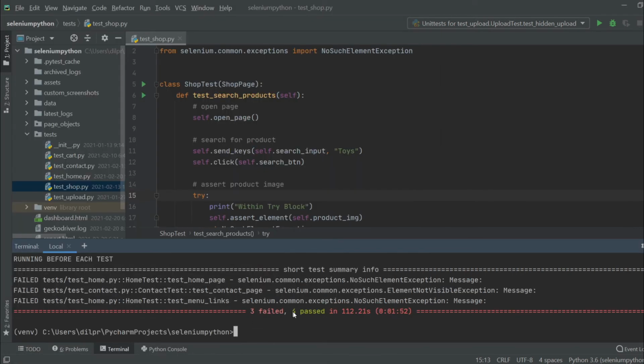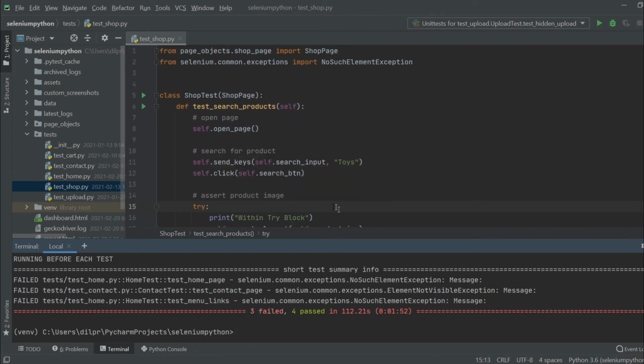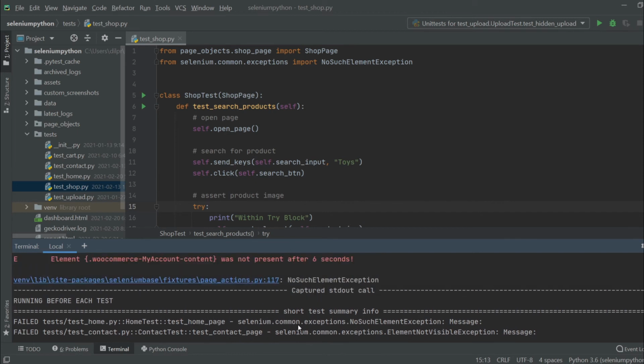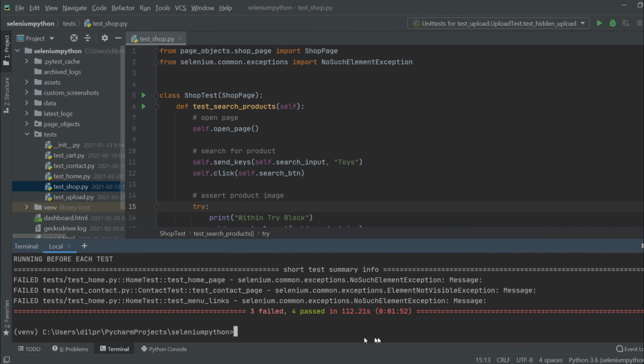Okay, so our test finished running, and we have 4 passing and 3 failed. The ones that failed are expected, because on purpose we made some changes so that the test would fail. This was done for our previous video, which is the reporting video, and that is fine. But the key thing to remember is we were able to run our test in multiple instances. And due to that, we were able to speed up our test execution time.